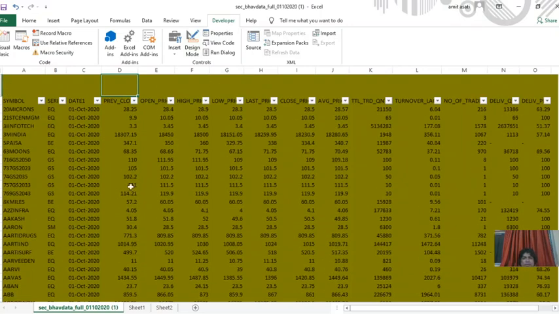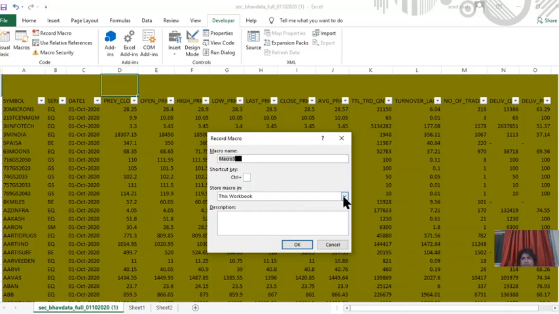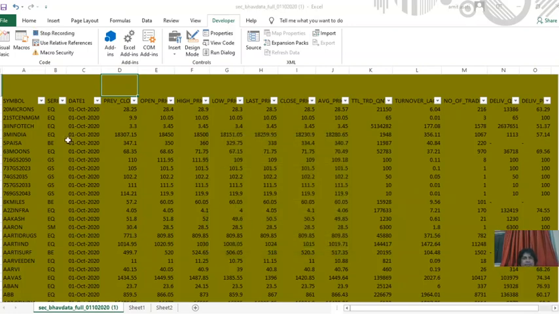Now what we want to do is try recording a macro and apply that macro to all of this. When we take the data, we will start Record Macro, in this workbook or personal macro book, and we keep the name as DIL, and we will act according to that. Now you will find there is data, with high and low. Now we will see the percentage delivery data.